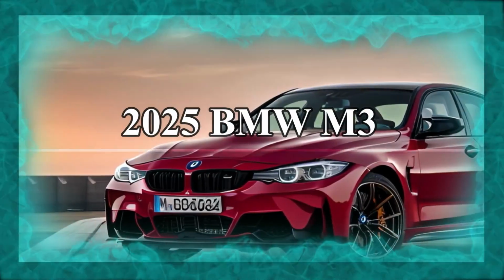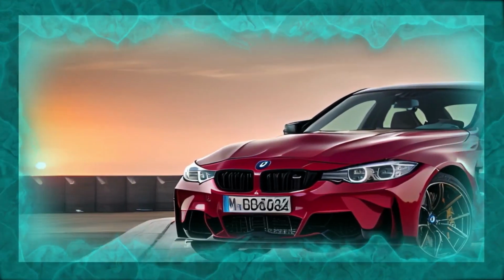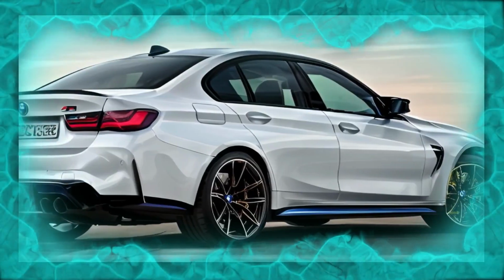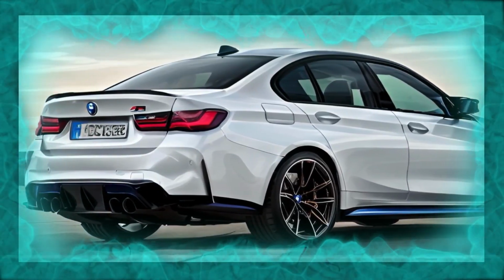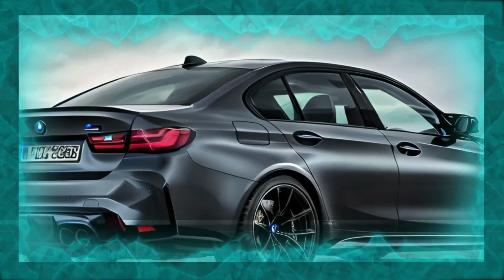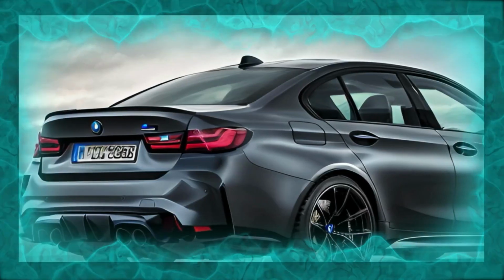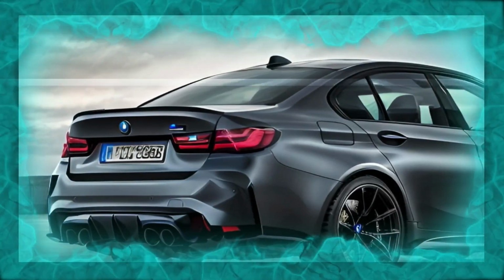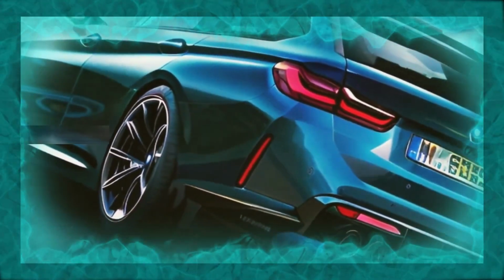Following the introduction of the latest F80 generation for the 2021 model year, the BMW M3 is now poised to receive a mid-cycle refresh, otherwise known as life cycle impulse in BMW speak, in conjunction with the 2025 model year. The refreshed 2025 BMW M3 follows the more recent addition of a few bits and pieces pulled from the BMW